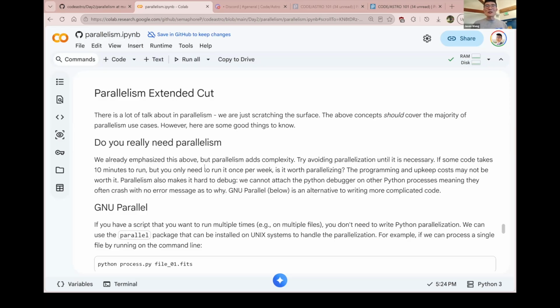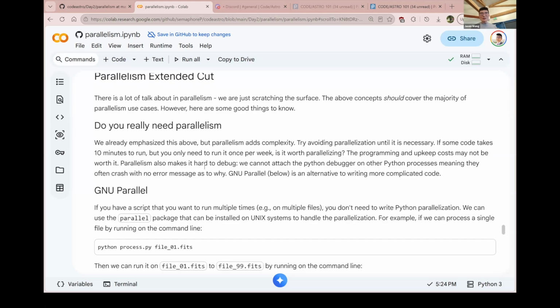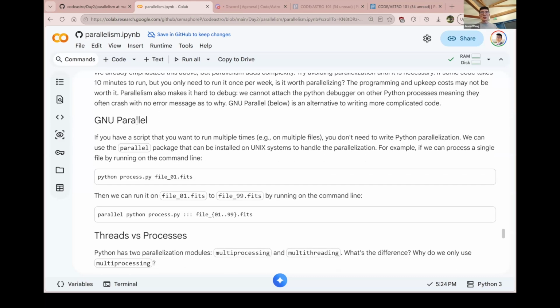There are some easier ways to parallelize. One way is literally to open 10 terminals and run that script 10 times, once in each of those 10 terminals. That is a parallelization strategy. I do it sometimes, and it sometimes works just as well as trying to do all this multiprocessing stuff. There's also a command line tool called GNU parallel that is basically the same: if you want to open up 10 terminals and run this thing on 10 different files, there's a way to parallelize that on the command line